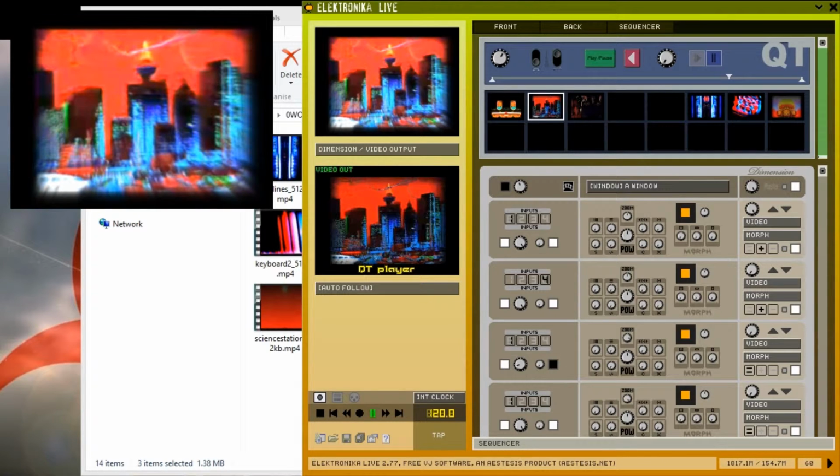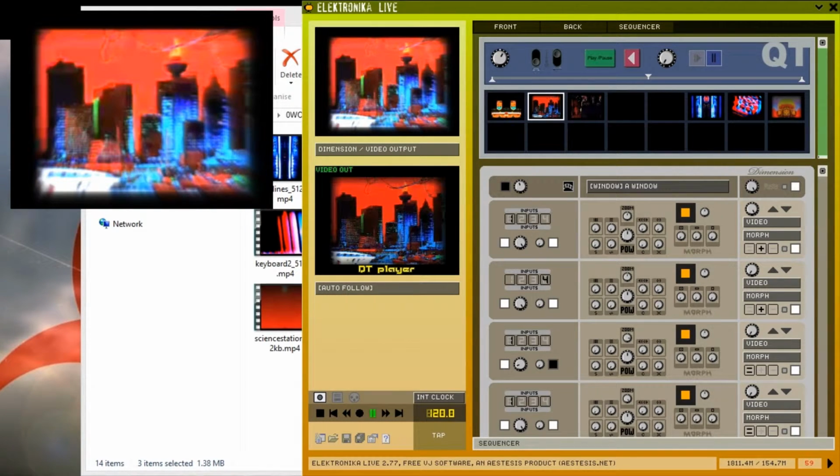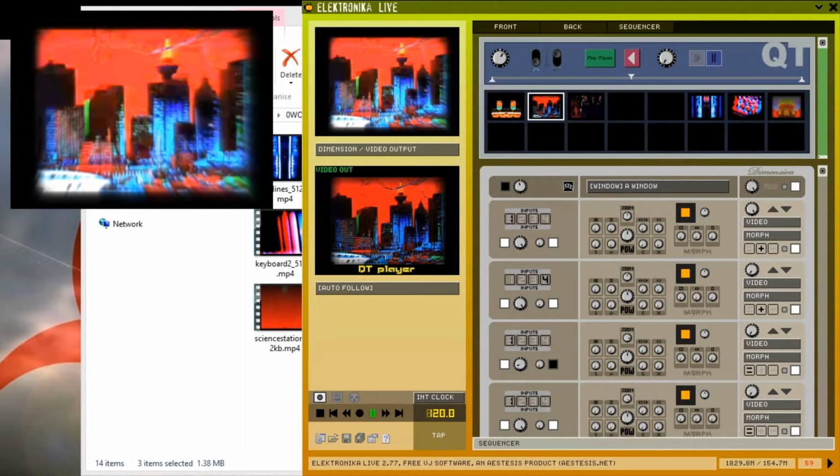In my experience, the FFDShow option is a little more reliable. However, LAV's compatibility and performance seem to have improved in recent versions. You'll have the option of which to use when you install the K-Lite codec pack. I've put a link to the download page in the video description. When properly configured, Qt Player should be able to play back almost any video which plays in your media player of choice.